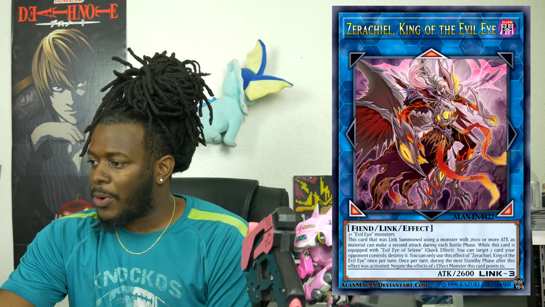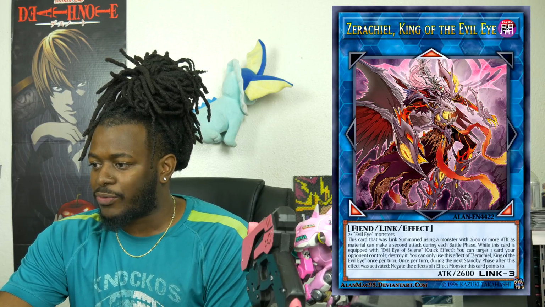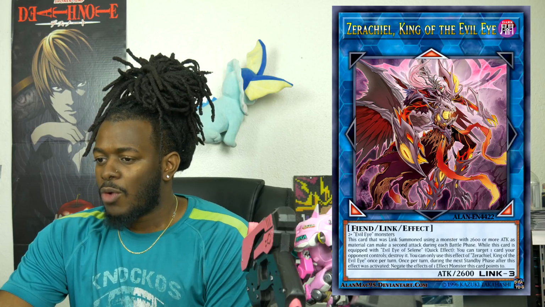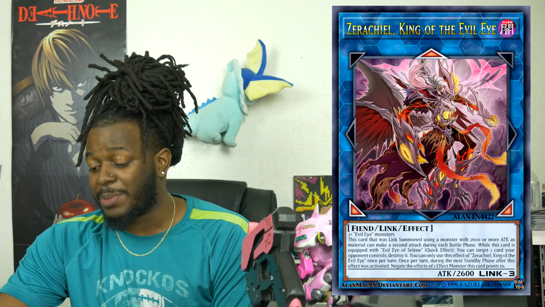You can target 1 card your opponent controls, banishing. It's a quick flick, that's pretty good. You can only use this effect once per turn. Once per turn during your next standby phase, negate the effect of 1 effect monster this card currently points to. Well, if it doesn't point to anything, I guess it doesn't have a drawback. And sometimes negating monster effects could be beneficial. So, I mean,